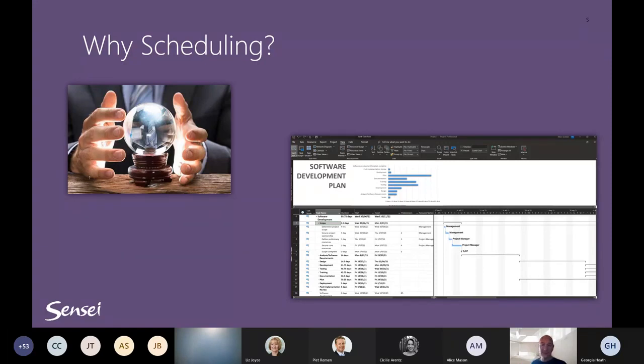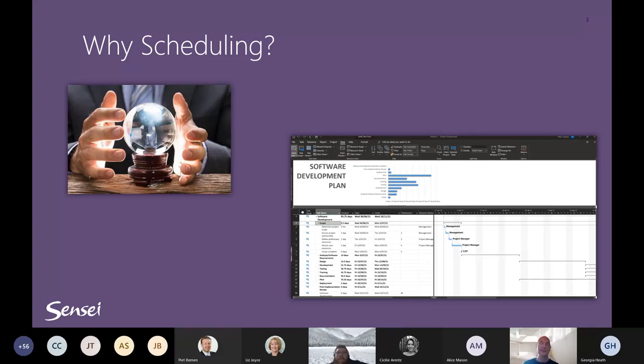I can already see there are 22 votes. We have many more people, so I'm going to wait just a couple of seconds longer. 32, there you go. And interestingly enough, if we look at the answers, there are some very close ones. Of course, determining budget, funnily enough, is actually one of those areas that becomes less and less. Interestingly to know, I do work with quite a lot of organizations that actually determine their budget based on the work breakdown structure. But I think the big winner here is right now organize project work, which is quite interesting